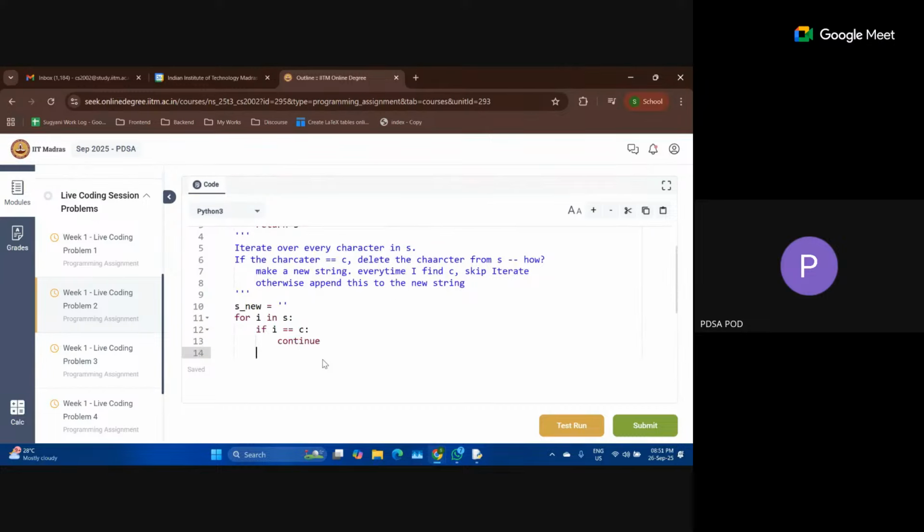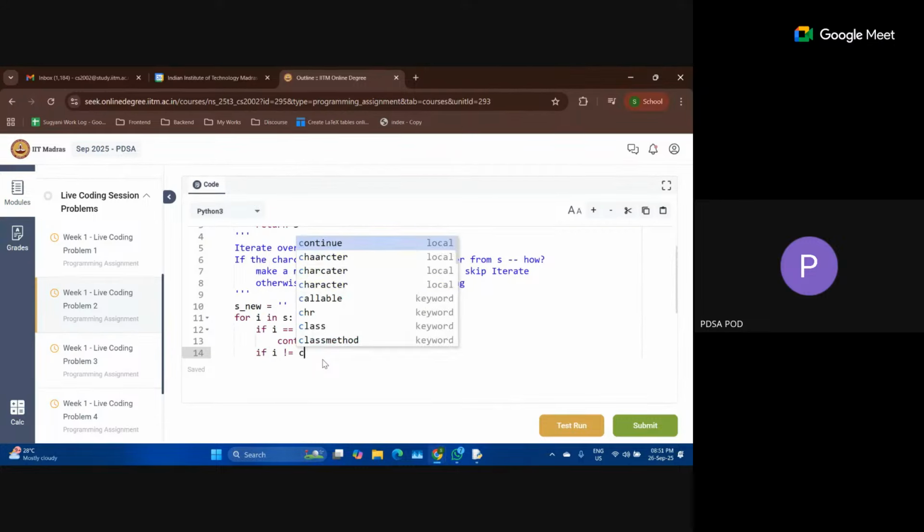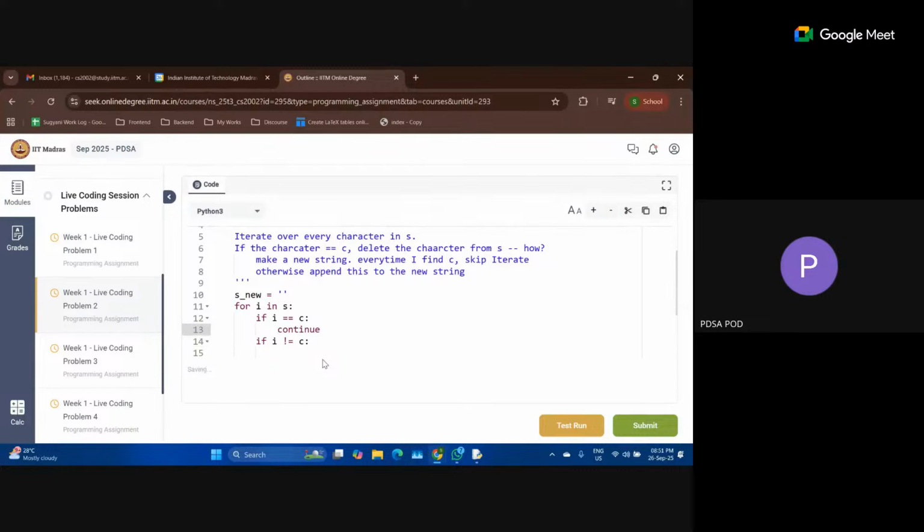But otherwise, if I is not equal to C, then I will add this I to this new string, right? So how do I do this? With strings, if we use the plus operator, say S new is a string and I is a string.